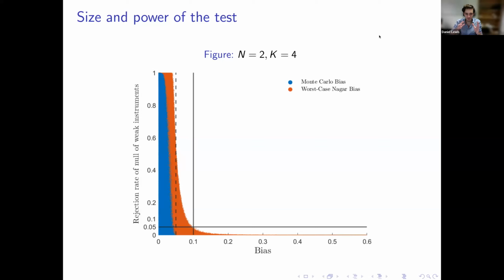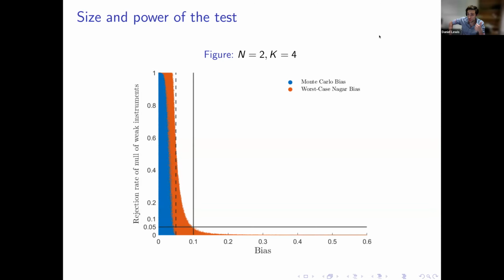Essentially, this is plotting each power curve instead as a scatter, and now we're going to look at the collection of power scatters across 5 million DGPs. So it's kind of like an envelope of power curves. You can think of it that way. So in red, that's the cloud that I really want you to focus on, which is going to be plotting